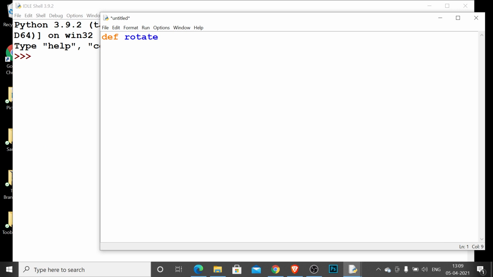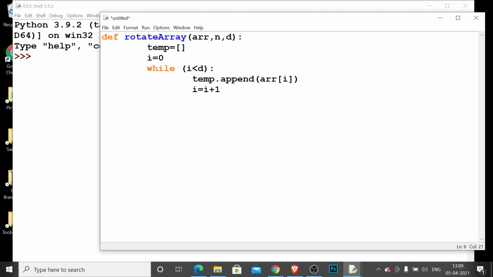First, array rotation using temp array. def rotate_array(r, n, d): temp = [], i = 0, while (i < d): temp.append(r[i]), then i = i + 1, then i = 0, while (d < n):